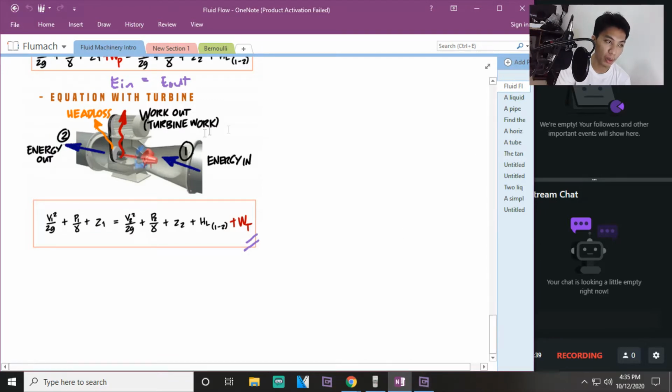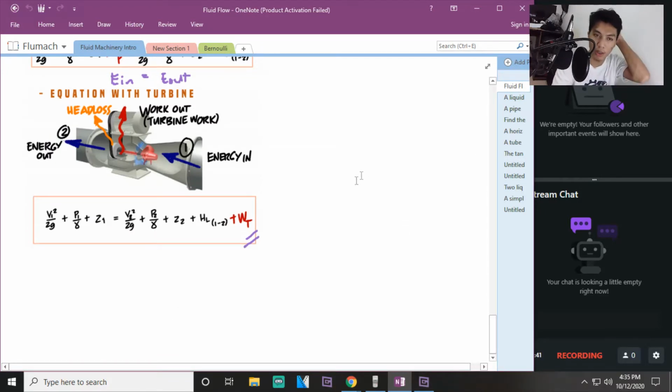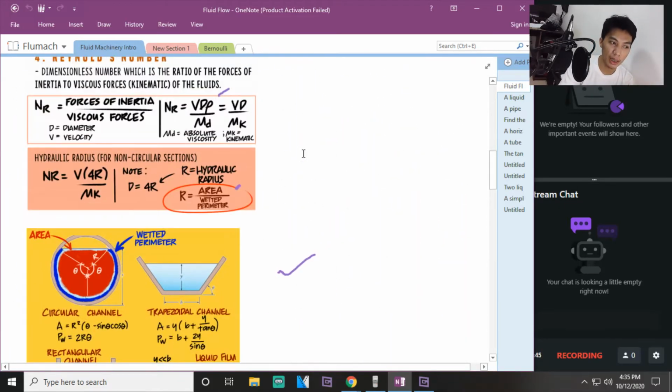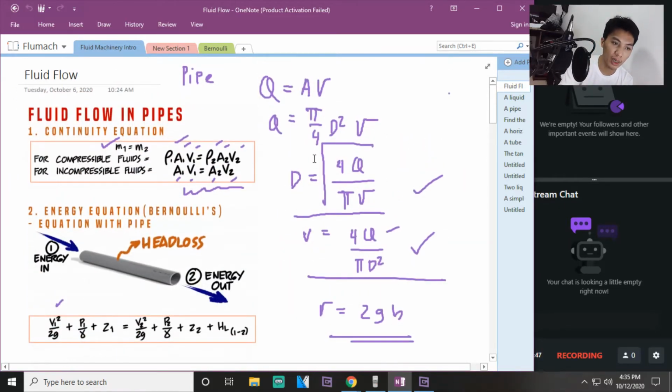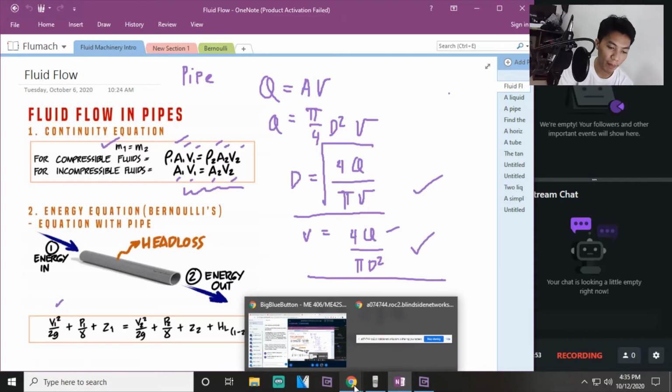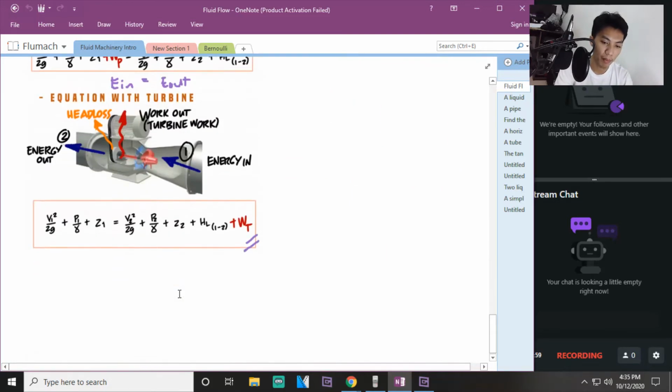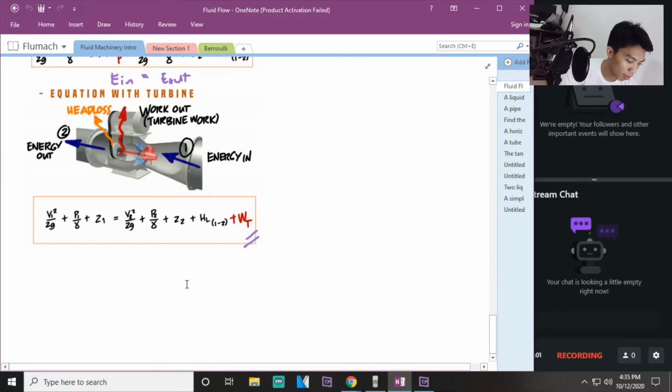Pero bago yon, recall muna natin ano ba yung mga pinag-usapan natin nakaraang week. So lahat yon, di ba? So natatandaan nyo pa siya, pero yung fluid flow lang naman, we will just focus on Q is equal to AV or the conservation of mass. Ilista muna natin kung ano ba yun. Okay. Recall natin